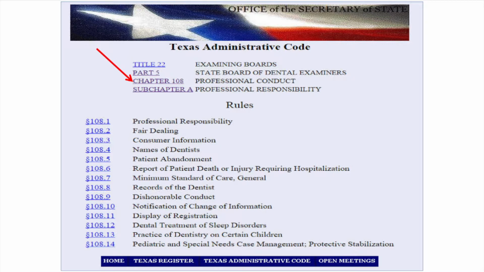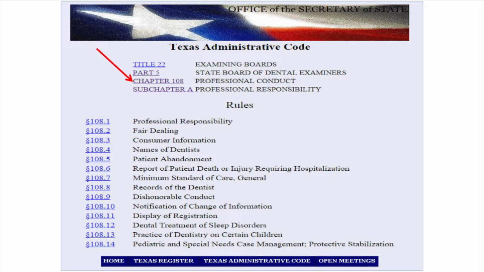This is not only the table of contents of this subchapter, but it is also the table of contents for this risk management video series. There is a video that is dedicated to at least one, and in some cases like this video, two of these rules listed in Subchapter A. And the reason for this risk management video series is because this area of the law that regulates your license, this Subchapter A, Professional Responsibility, it contains not only the rules that make up where your practice lives and practices on a day-to-day basis,